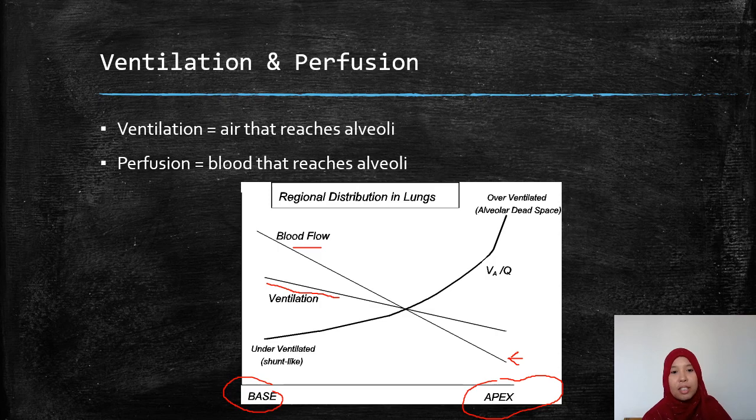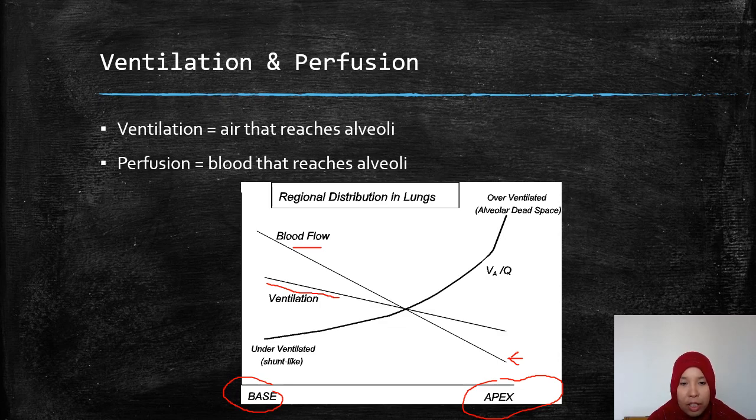Imagine that you're standing upright, and of course because of gravity you have a lot more blood at the bottom part compared to the upper part, and that is why the base of the lung has a higher blood flow compared to the apex. And so if you plot another graph,